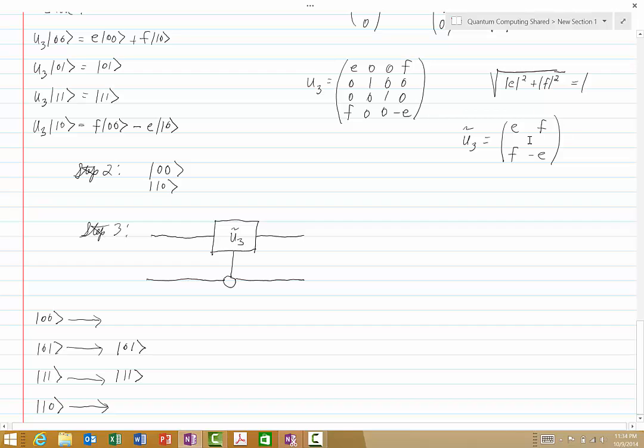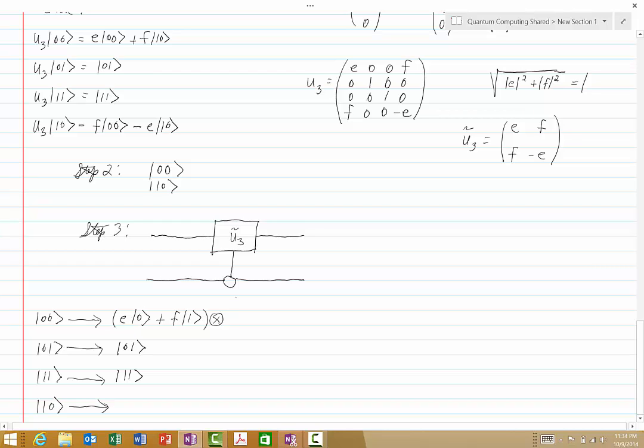So, for this first case, when it comes in 0, 0, now the second 0 is controlling, and the first 0 will go to E0 plus F1. So we'll get E0 plus F1,